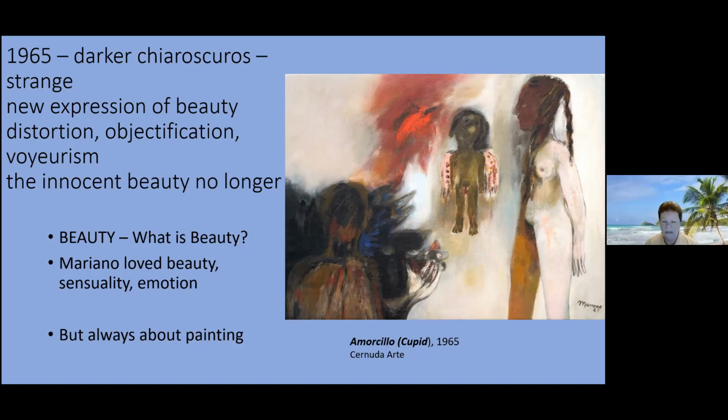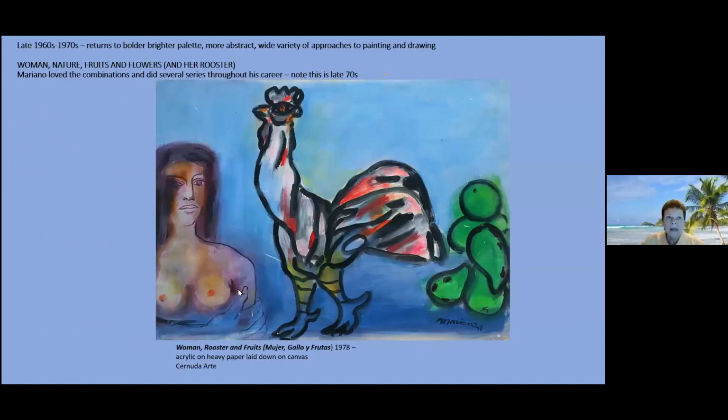Remember, he loved beauty. He loved sensuality. He loved emotion, but always it's about painting and how his brushstrokes can be beautiful, no matter what the subject and no matter what we may think of them today. In the 60s and the 70s, he returns to a bolder, brighter palette. In this period, late into the 70s, women, nature, fruits and flowers, and of course the rooster, are again part of his artistic production. He loved to combine things. So now we see different